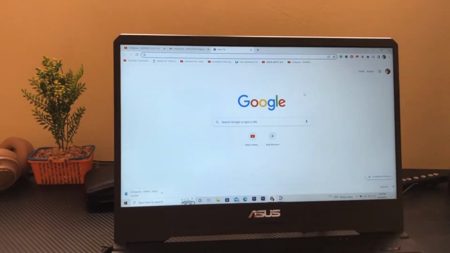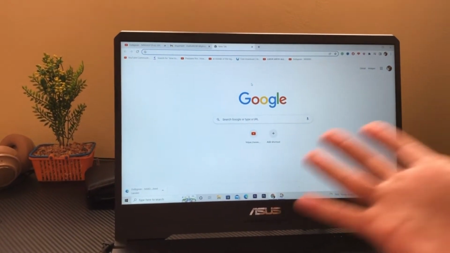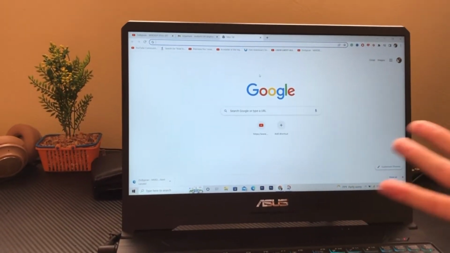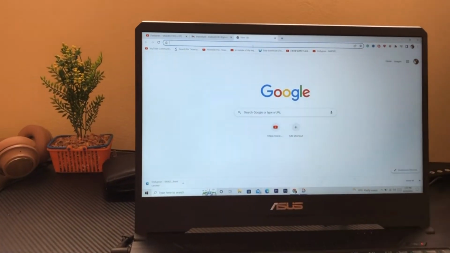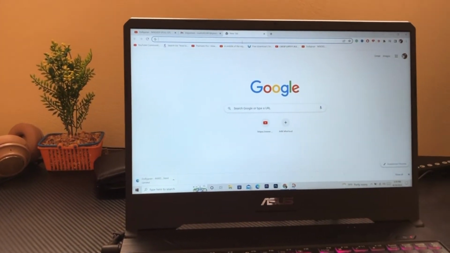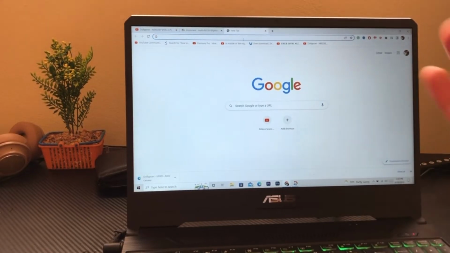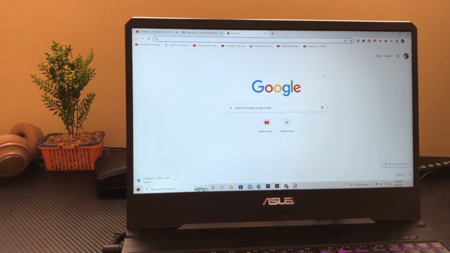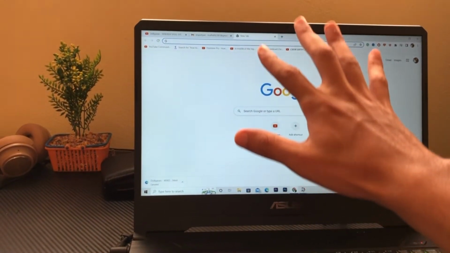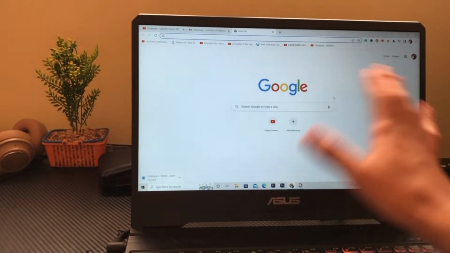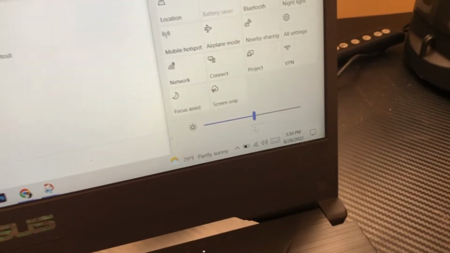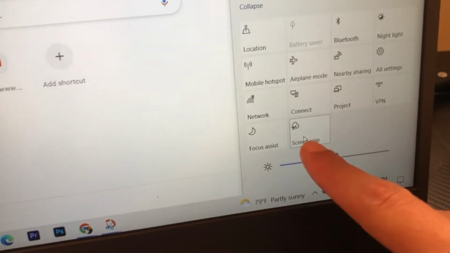What you want to do guys, for example, if you want to take a screenshot of Facebook, you can just search Facebook on your Google Chrome, or if you want to take a screenshot of a part of a video, you can do it. So when you are on the video that you want to take a screenshot of, or anything on the screen, you can just click here, as you can see this, click here and then click screen snip. Okay, just click screen snip,